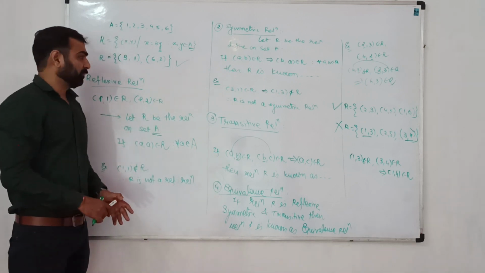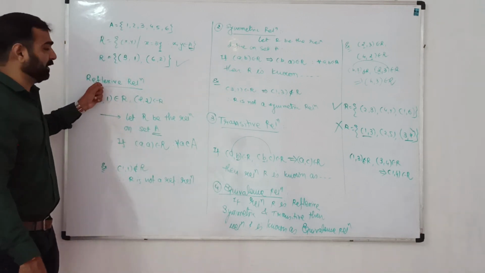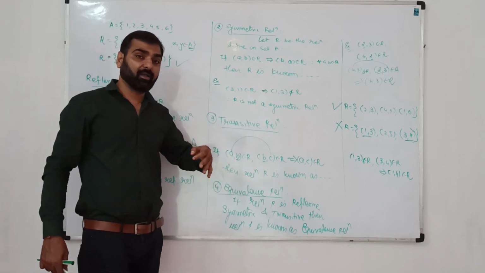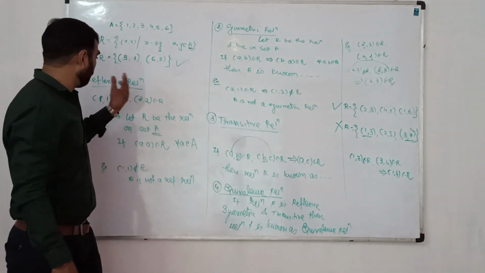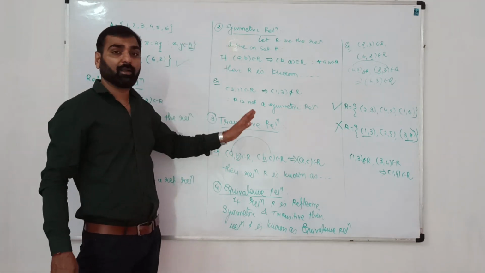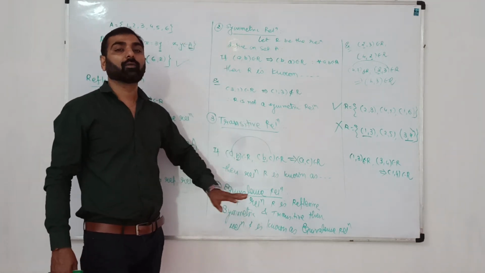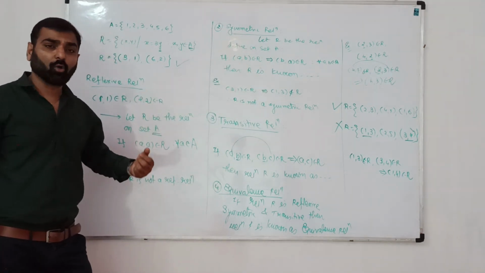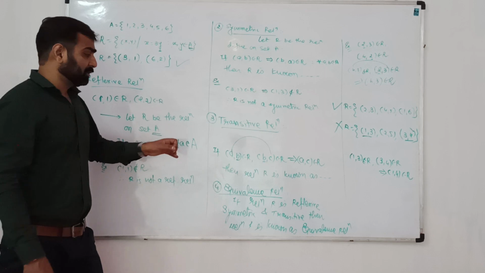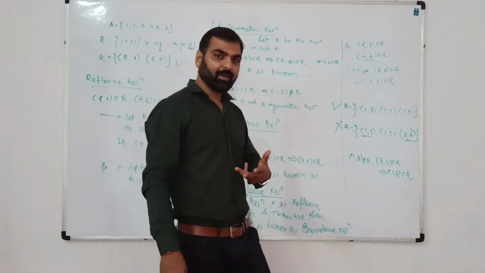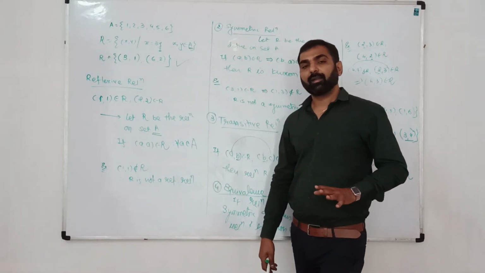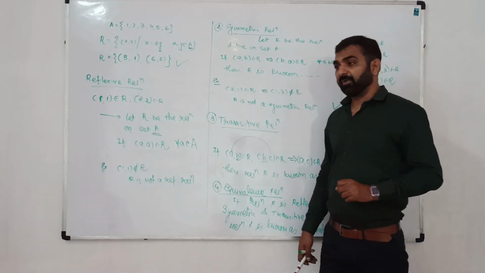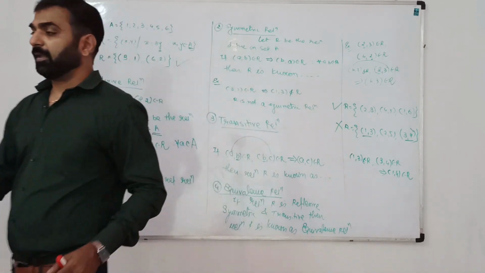So for equivalence, first of all it must be reflexive, symmetric and transitive. Out of these 3, any one missing is not possible. If suppose reflexive, symmetric but not transitive, then it is not an equivalence. If transitive, symmetric but not reflexive, then it is not an equivalence relation. So for the equivalence relation there are 3 conditions: reflexive, symmetric and transitive. So these are the 4 topics. Fifth topic is